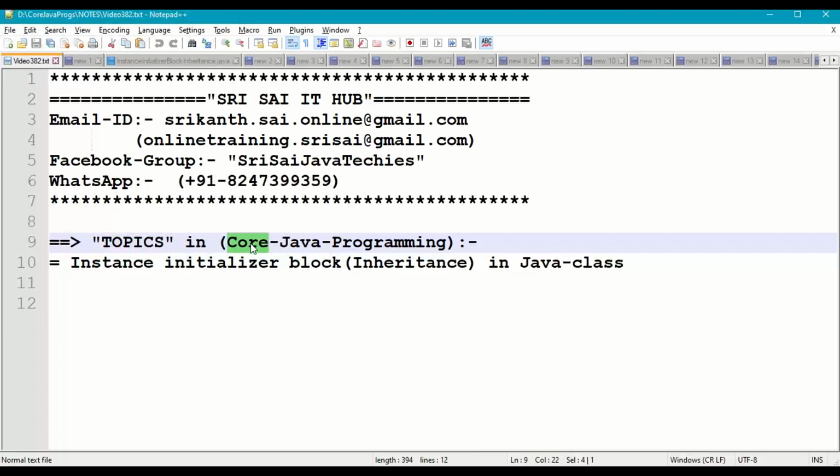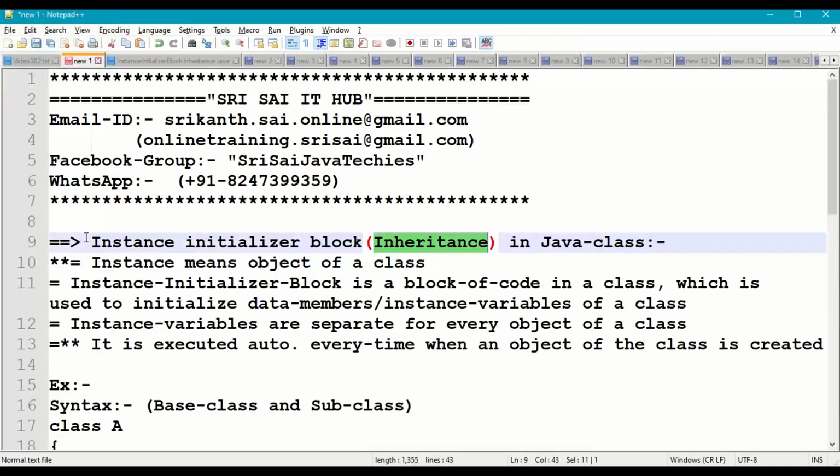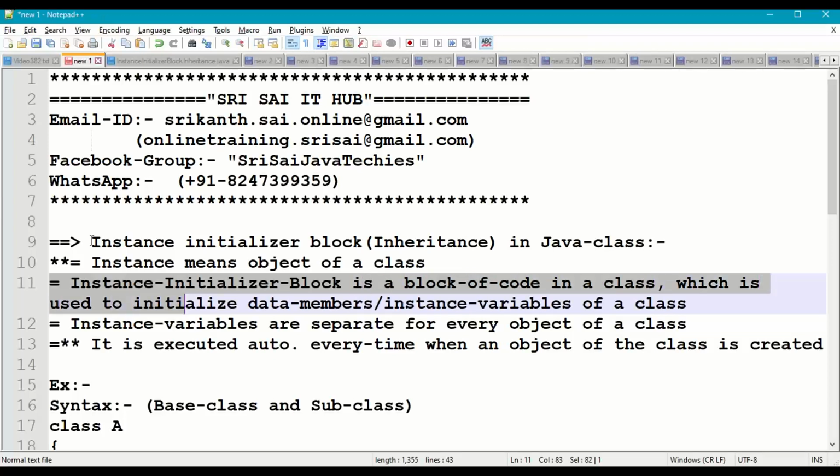In this video of Core Java Programming, we are going to discuss the following topic: Instance Initializer Block in a Java class with inheritance. So first of all, let us understand what is Instance Initializer Block in a Java class. Instance means object of a class. Instance initializer block is a block of code in a Java class which is used to initialize data members or instance